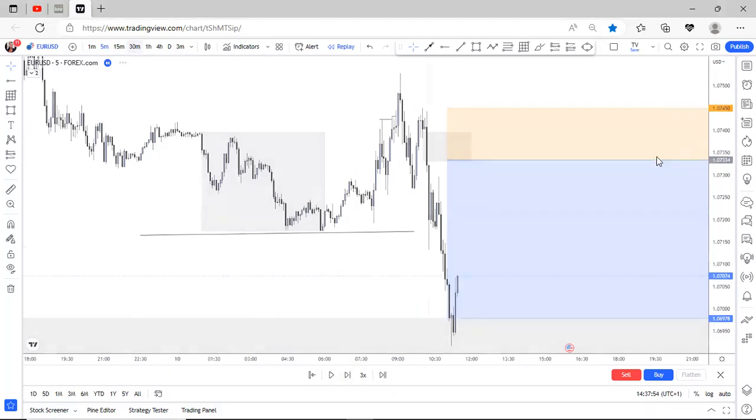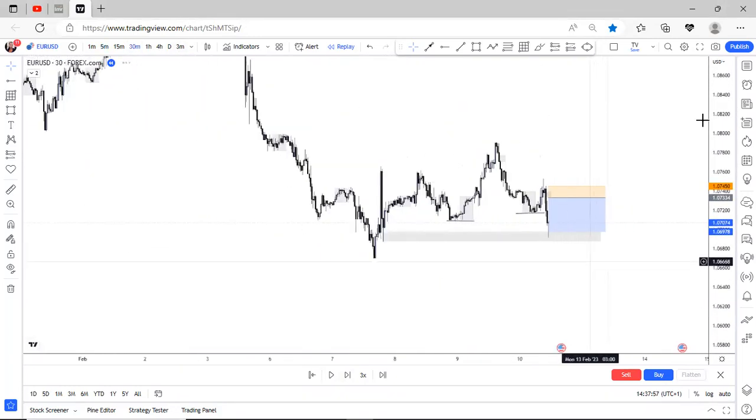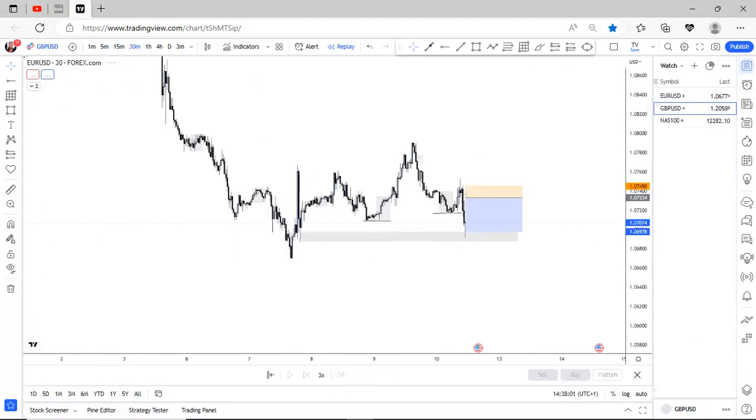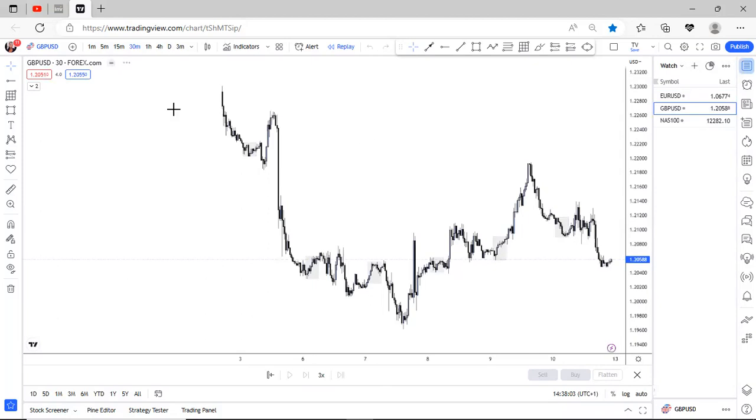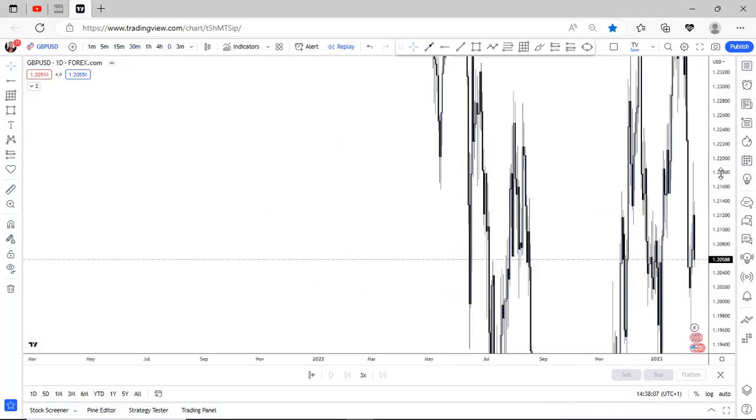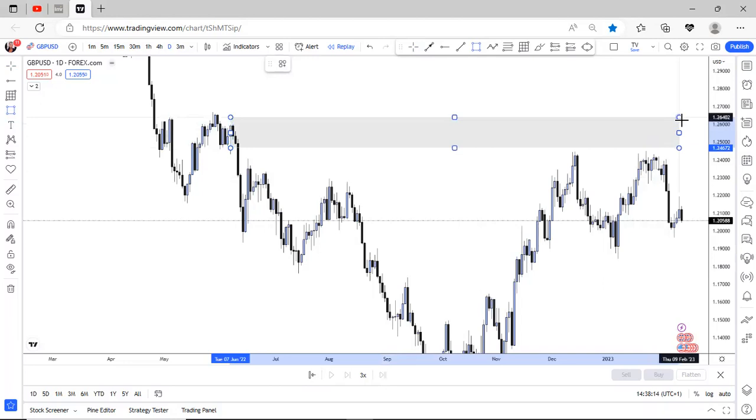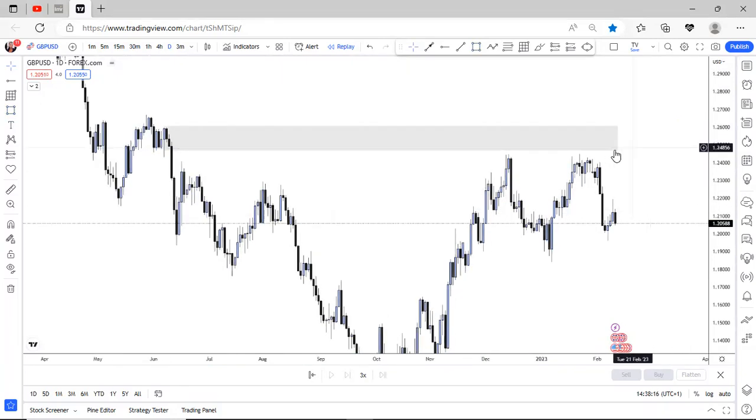Okay, so this is all on Euro USD using the FVG and where liquidity is. Let's quickly go over to the GBP USD. So for GBP USD, the same procedure applies. You want to make sure you know the trend. What is price doing? This is the daily time frame on GBP USD, and as you can see, price is